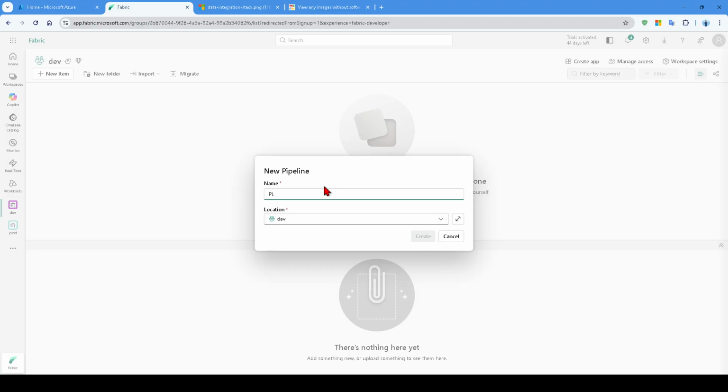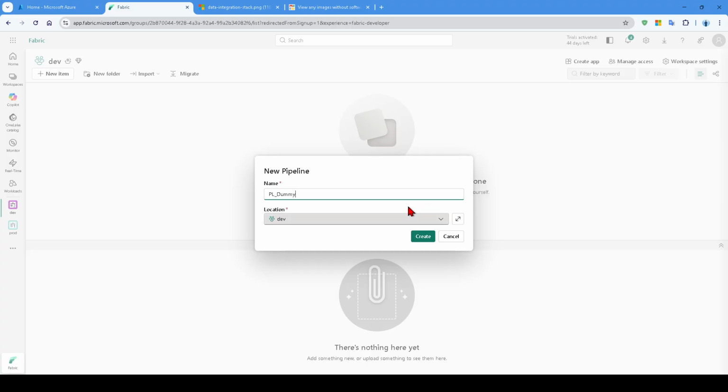In a typical organizational setup, the pipeline usually starts with PL underscore. So in order to adhere to the naming conventions, I'll just name it as PL underscore dummy, but for you, maybe you can name it something else. Maybe this pipeline is ingesting data from your data sources. Maybe you can name it as source to raw, or from raw to cleansed and so on. For me, I'll just name it as PL dummy, and I'll be creating this pipeline in this particular workspace, which